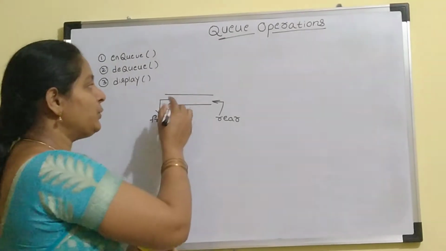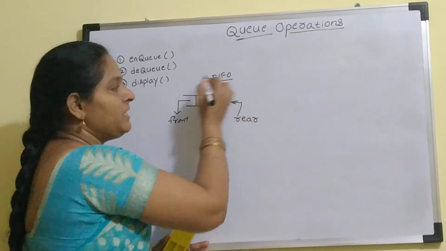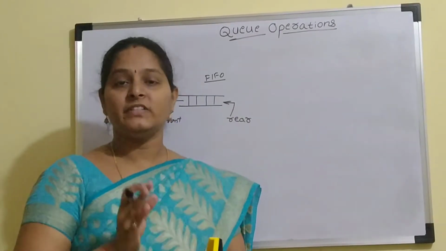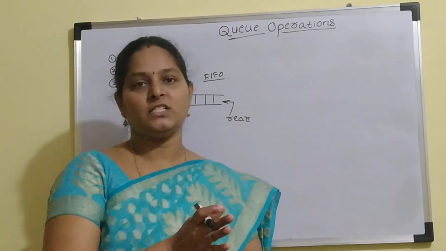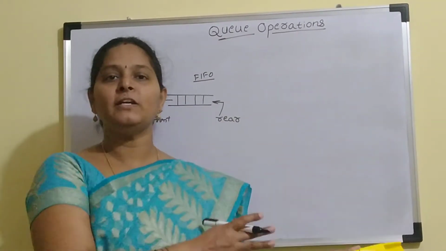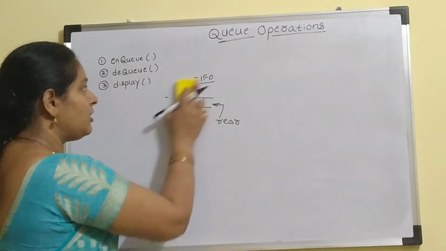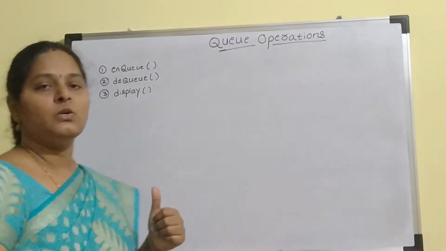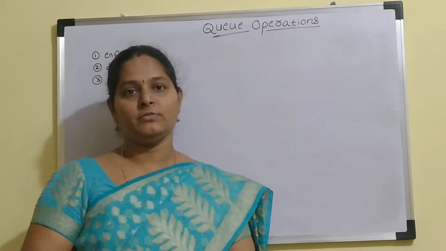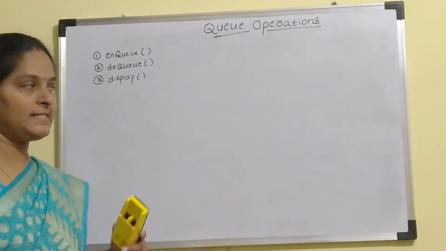So this queue data structure follows the first in first out principle. That means the firstly inserted element will be eligible for deletion first. The first inserted element will be deleted first. Of course, the first inserted element will be in the first position, so the first position element will be deleted first by using the front pointer. Okay, let us see the operations of queue. Here in a queue, the insertion operation is called the NQ operation and the deletion operation is called the DQ operation. Let us see the NQ operation with an example.